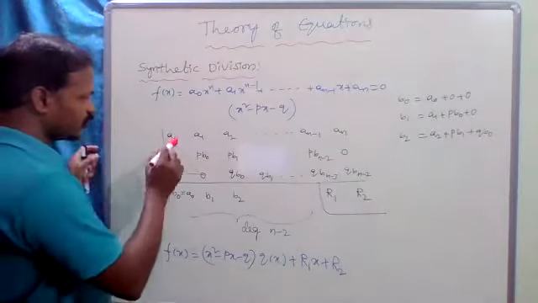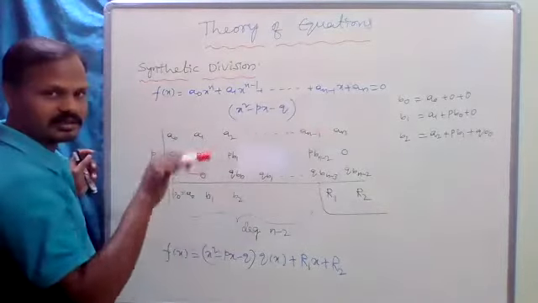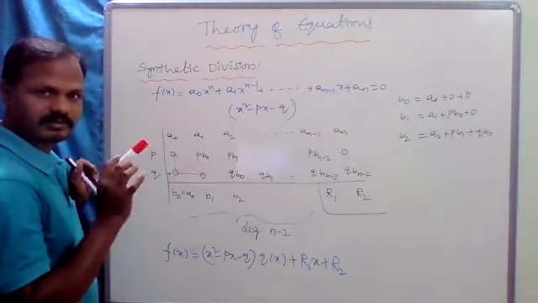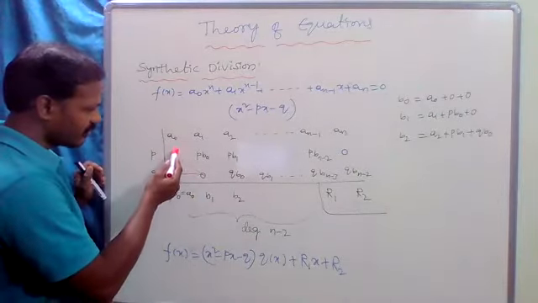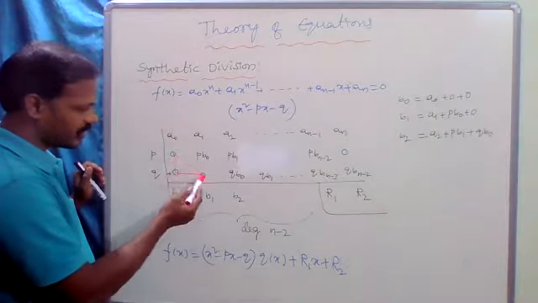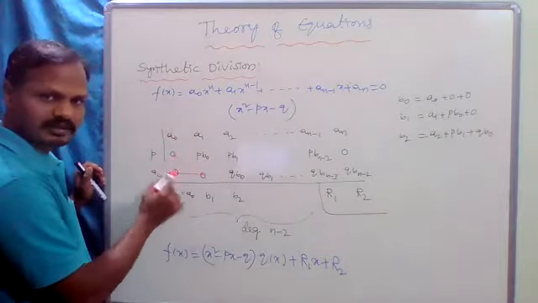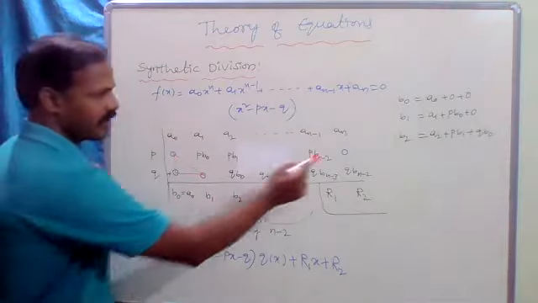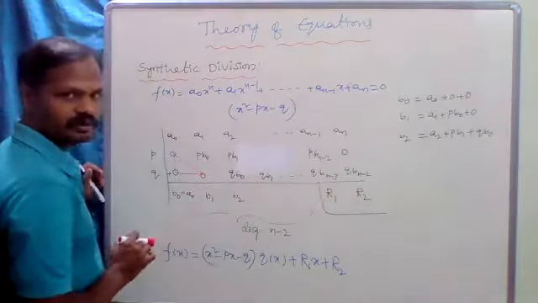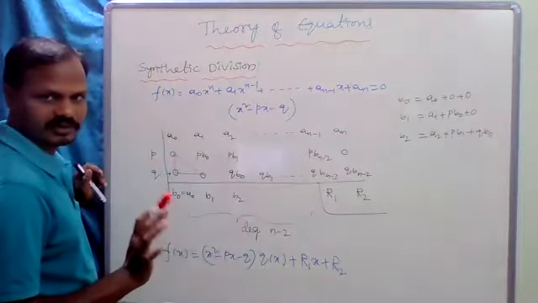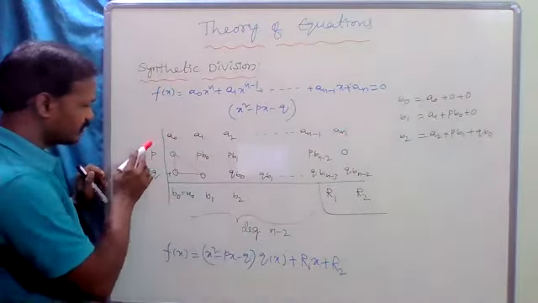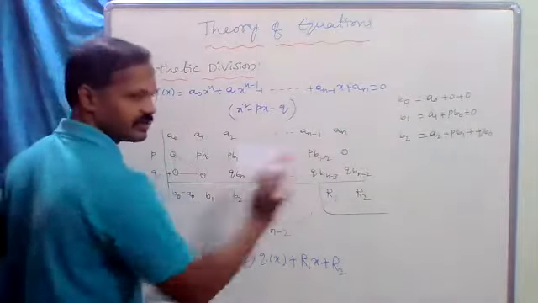First you have to write the coefficients as in synthetic division method 1, and write two zeros here and 0. This is in triangle shape. Remember, this is in triangle shape, and this one also 0, which is second row and last column 0. That is the first setup. Then a vertical line and a horizontal line.